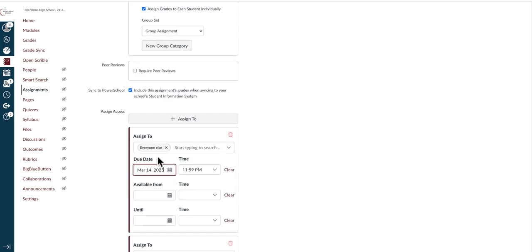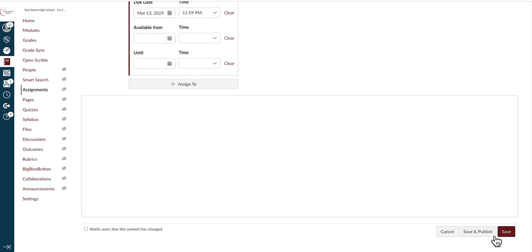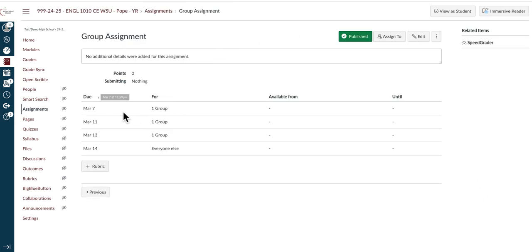And so I've got all of that. And then I am just going to save and publish. And you can see each student will have a different due date depending on their group. This should sync to PowerSchool, and in all of my testing it did. And so let DTNL know if it didn't. And you are all set up for groups in